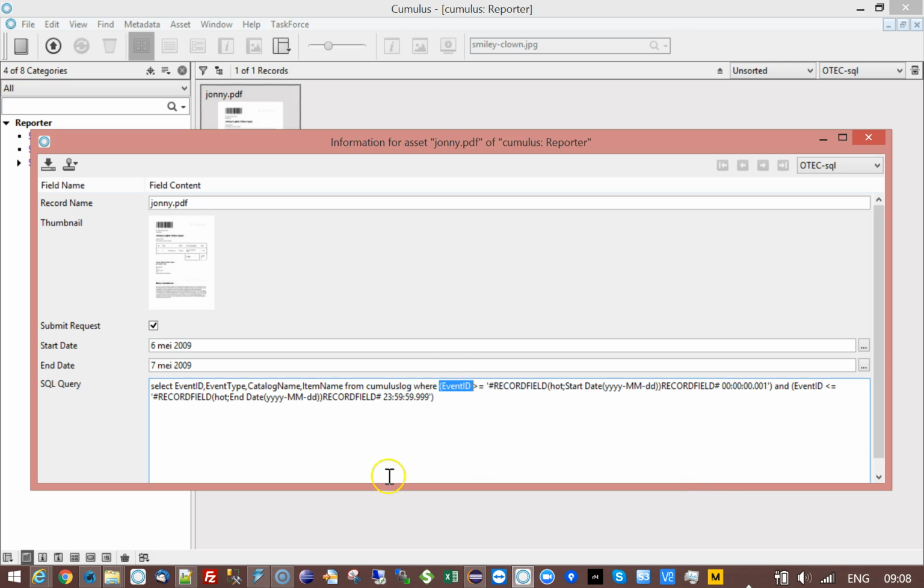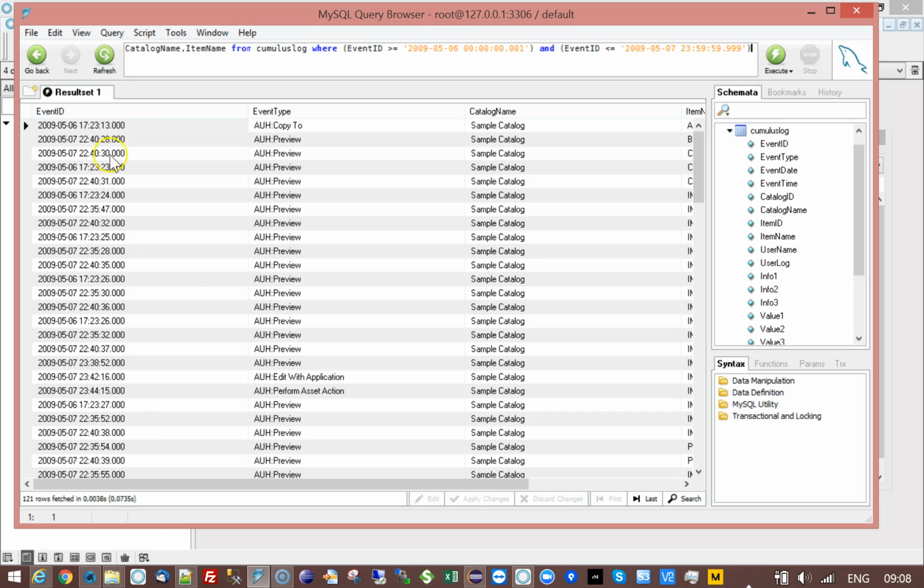I have a field, I have an SQL database in which I have some fields, and I want to do something like this. I want from a certain date to a certain date, I want to get the records. In this example, it returns 121 rows,